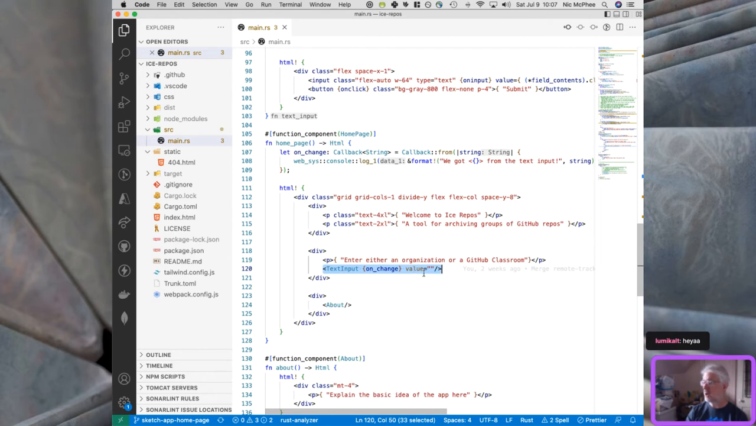It's going to have a value, which is initially the empty string, and it's going to have an on-change callback. So when this input changes, we want to call on-change. That on-change callback is defined here. So it's a callback that